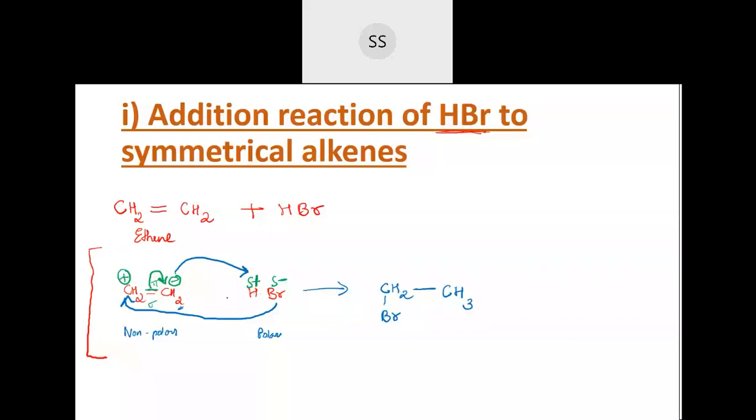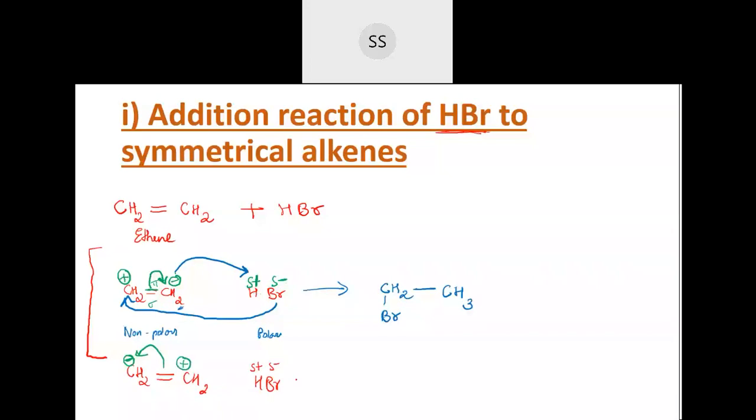You can do it. See, we can do it the other way also. Suppose I take the other side. Some will ask this doubt as well: what if I shift this electron density to the other carbon? Let's say I shift this electron density onto this carbon. Then I will get a negative charge on this CH2 and this carbon will get a positive charge. To this, if I am now adding HBr, again Br is negatively charged and hydrogen is positively charged. If this is the case now, will the product be the same? What do you think? Will the product be the same?